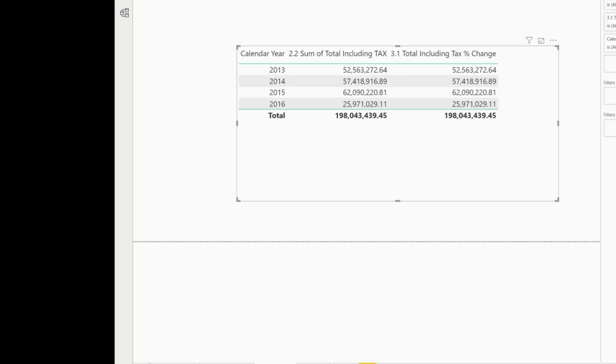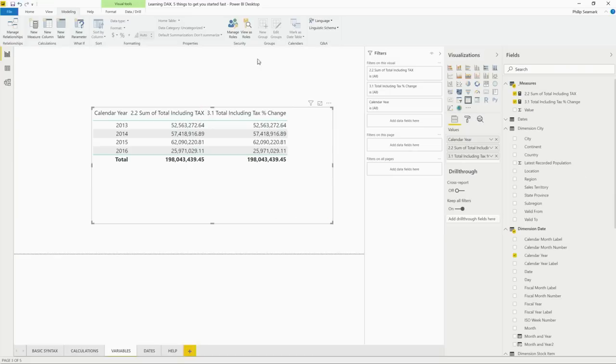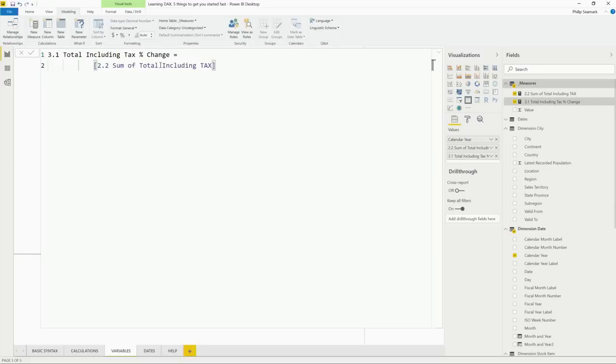Now this is a really common thing you're likely to need to do using DAX, just a period comparison. So for the example, in this table on the screen, the middle column is my base column. This calculation is just the sum of my total including tax. I'm not going to change that function. The calculation on the right-hand side is the one I'm going to build out, and that's the one we want to end up being this percentage change difference. So to look at it to begin with, at the moment, the rightmost column is just actually referencing the other measure, which you can do. So at the moment, the table is producing the same value in every single row.